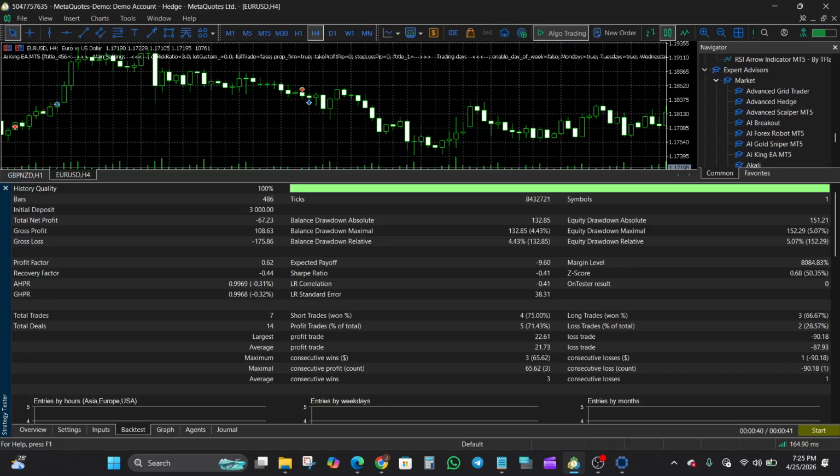Overall, the AI King EA is an adaptive trading system that aims to combine multiple strategies into one. What stands out is its risk controlled structure and dynamic trade management. And it performs best in clear market conditions with strong direction. And like most systems, it struggles in choppy or unpredictable markets. Given its complexity and pricing, this is definitely not a beginner level EA. It requires testing, understanding, and proper risk management. But if you are looking for a system that adapts rather than follows a single fixed strategy, you might want to consider